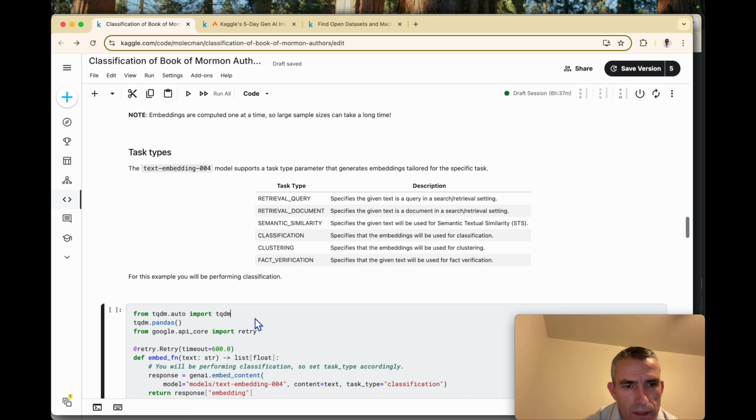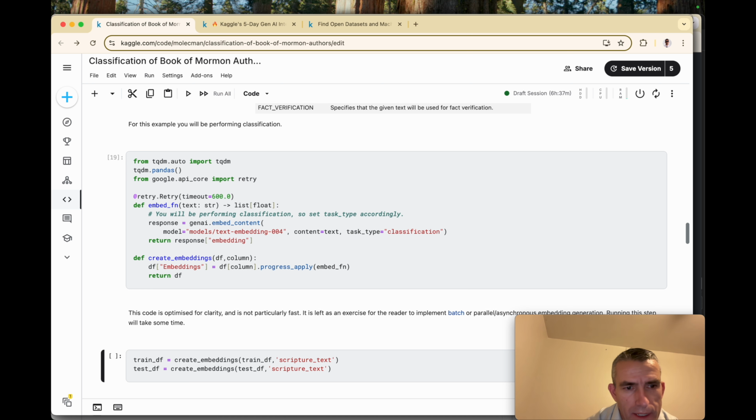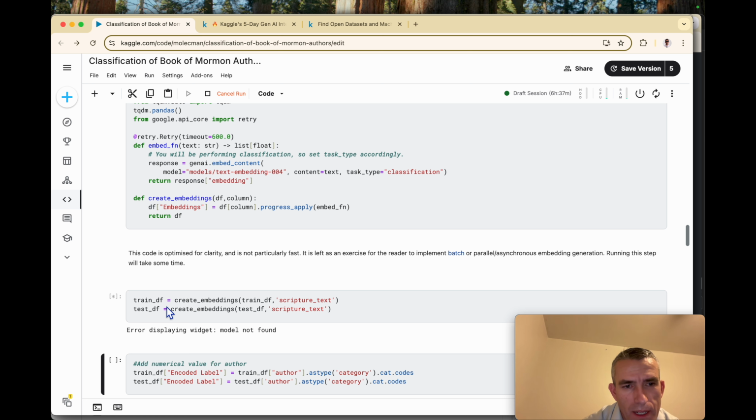And we're going to use the Google Generative AI model to convert the 3-verse chunks into embeddings, into a large array of numbers that define its style and so forth. So this is going to take just a minute because we're going to do this for the training and the test set. And I might fast forward the video here in a minute, but it takes about 1 or 2 minutes to complete this.